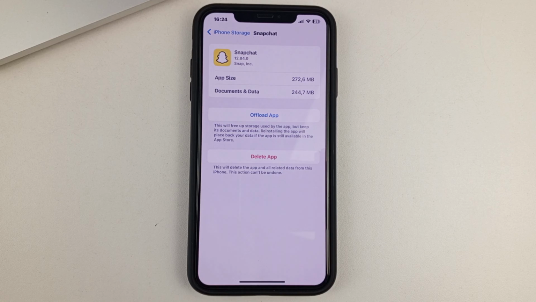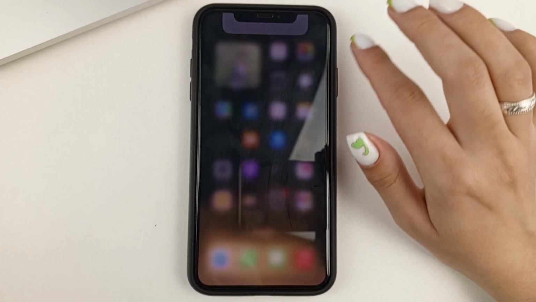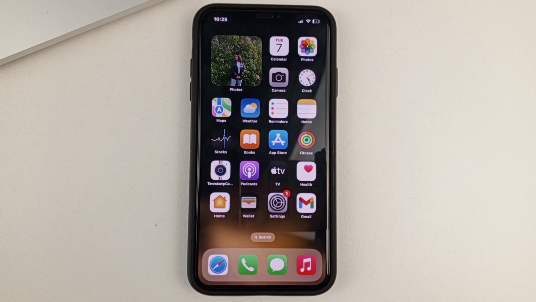Don't worry, this way you will only delete the application, but all the information, all your data, will be saved. But this method will help you probably 100%. Because when you uninstall and restore apps, usually everything stabilizes. So these are the few ways that you can fix the situation of not working sound in the Snapchat app.